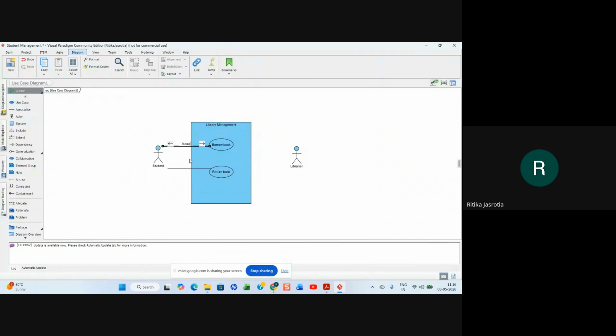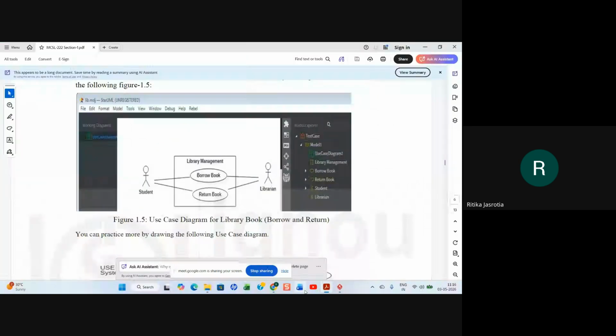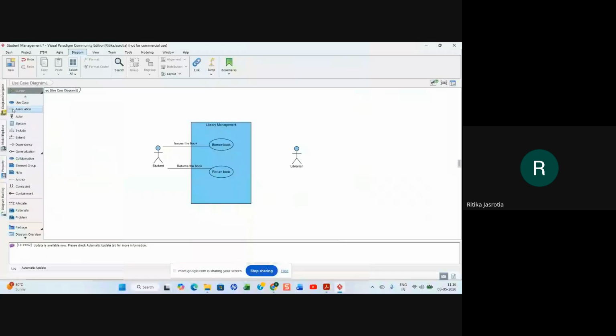You can say student issues a book, and here also if you want you can put that. Choose a book, return the book, and this is the admin, or librarian. He is handling both the things, right? So you can show that also.